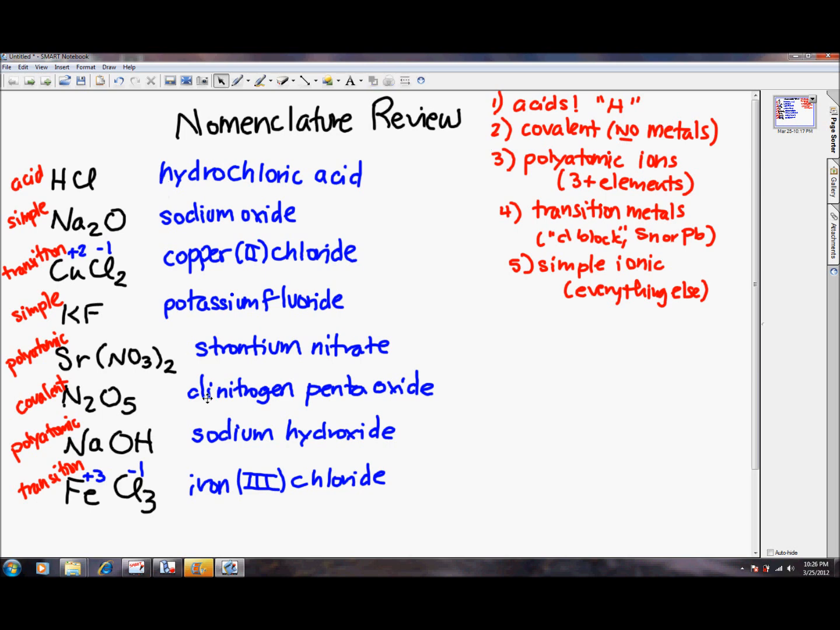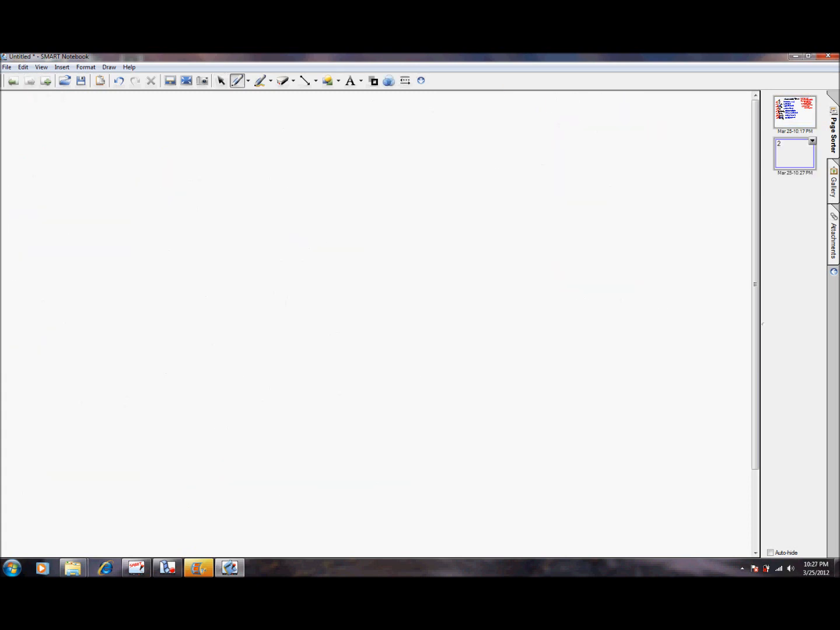Alright, now we're going to go the other way. We're going to look at some names, and we're going to decide how we're going to write the formulas. Okay, I'm going to write down the names of a bunch of different kinds of compounds here, and we're going to decide what we're going to write for the formulas. Strontium arsenide,